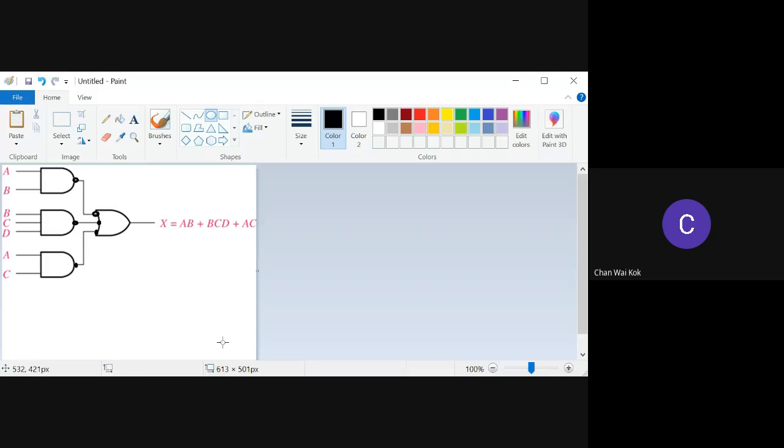Okay, so you have a NAND gate already, correct? So you are using a NAND gate. From an AND gate become a NAND gate. Then from here,